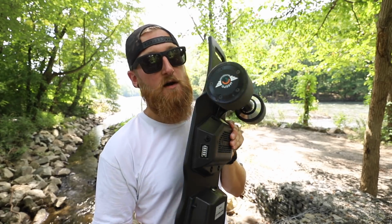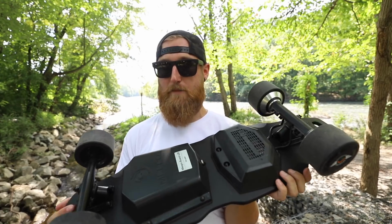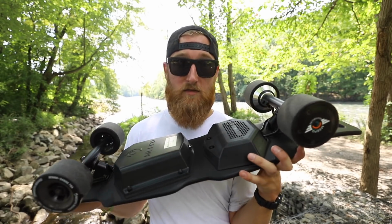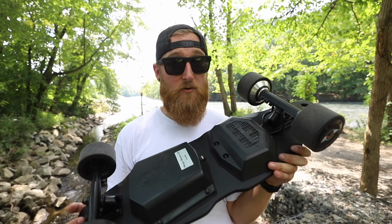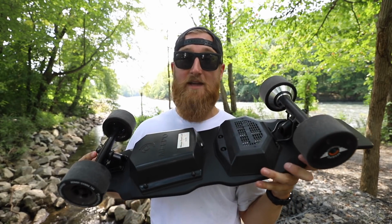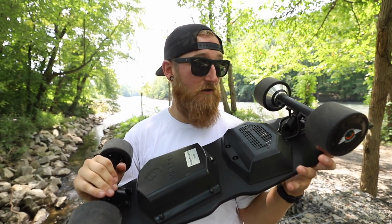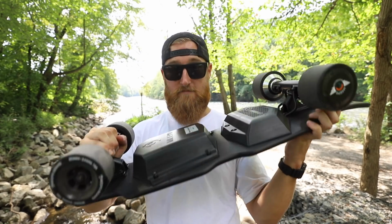The hub motors are pretty much enclosed and they should be okay to keep out dirt and stuff like that, but it's just really not a good idea to take any electric skateboard in any form of water, whether it's splashing through puddles or actually riding in a light rain or drizzle. There are other companies out there who advertise a waterproof ESC, and I just really don't like seeing that. If the board is not 100% waterproof, don't even put the words waterproof on your site at all. I think Meepo did a really good job here saying that this board is not waterproof, and yeah, that's good